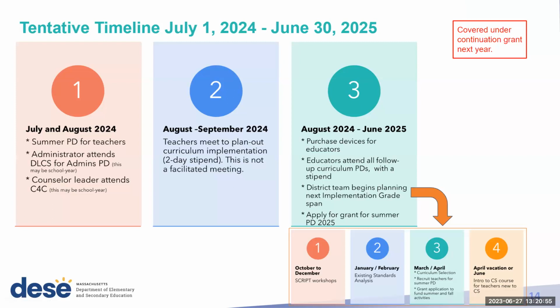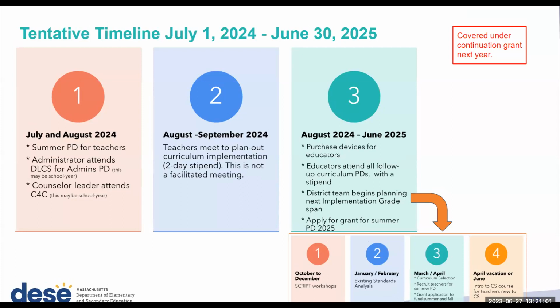Hi, I work for a charter school that's grades 5 through 12. We are our own district, and so I'm wondering if we're eligible if we're not implementing in lower grades. Yes. So you're 5 to 12? Yes. Charter schools are eligible. Yep. Okay, thank you.